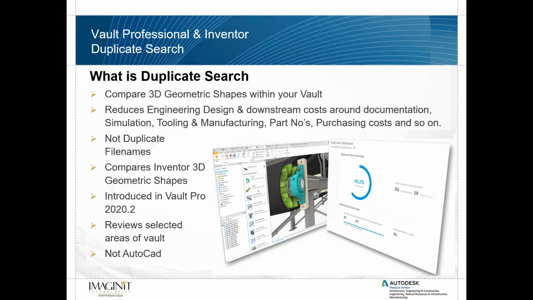Duplicate search identifies and locates matching Inventor parts within your Vault and provides tools to easily swap and replace these parts in your design. We'll talk about these tools and their workflow shortly. Now, this is not duplicate file names, but in fact duplicate 3D geometric shape searching, which was introduced starting with Vault Professional 2020.2. The benefits of the technology range from reduced